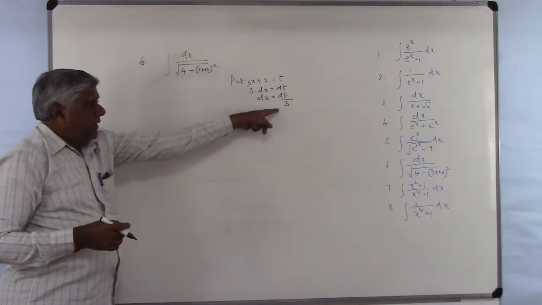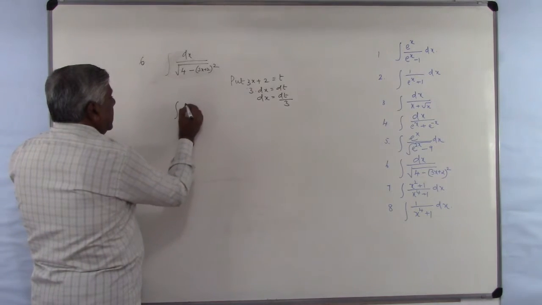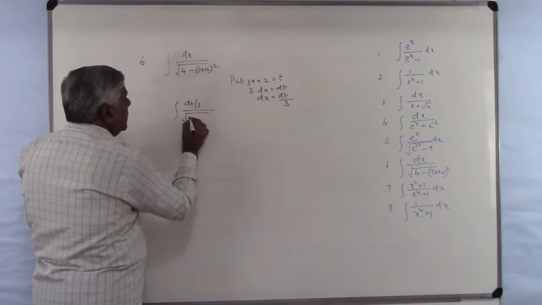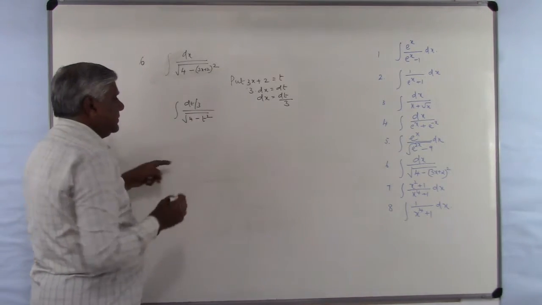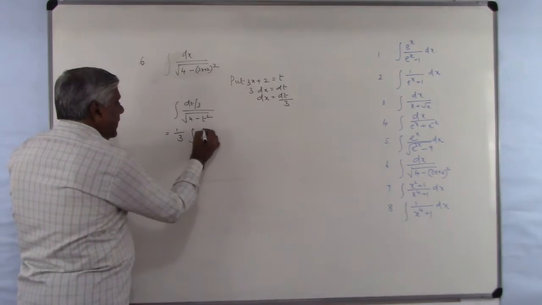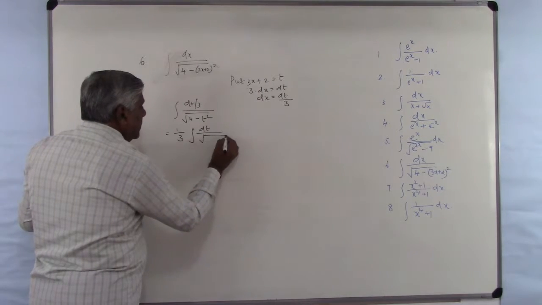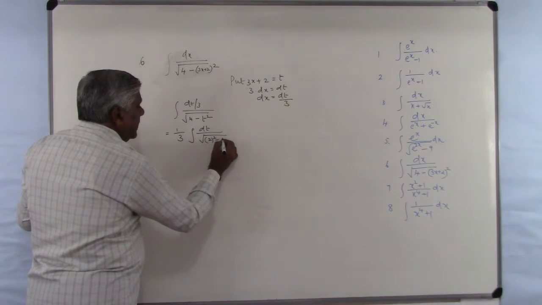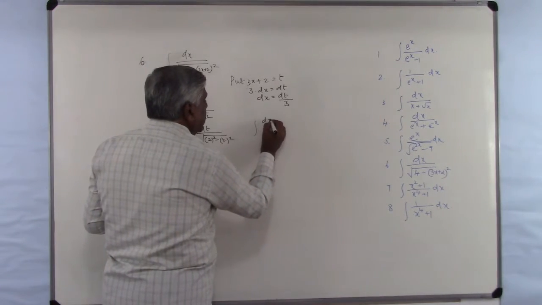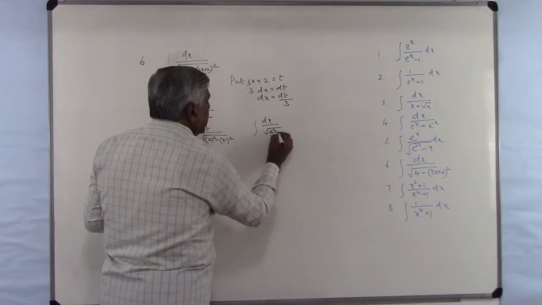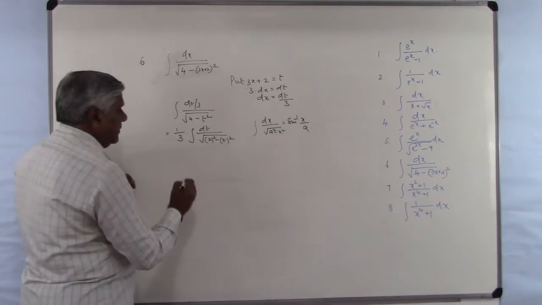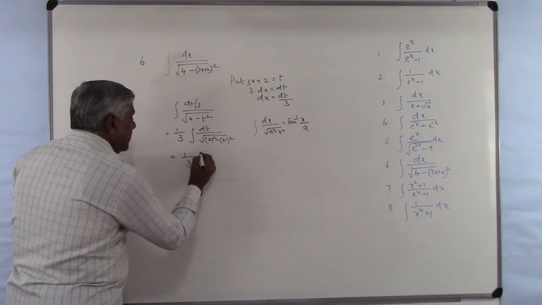dx is equal to dt by 3. I am going to substitute here dt by 3 divided by root of 4 minus t square, or we will write like this: 1 by 3 integral dt by root of 2 whole square minus t whole square. This is in the form integral dx by root of a square minus x square is equal to sine inverse x by a, which is equal to 1 by 3 sine inverse